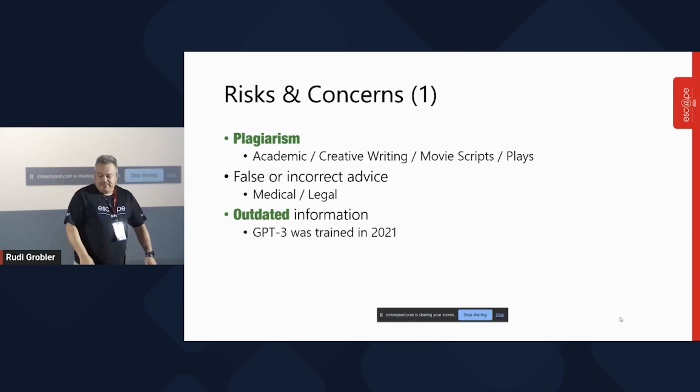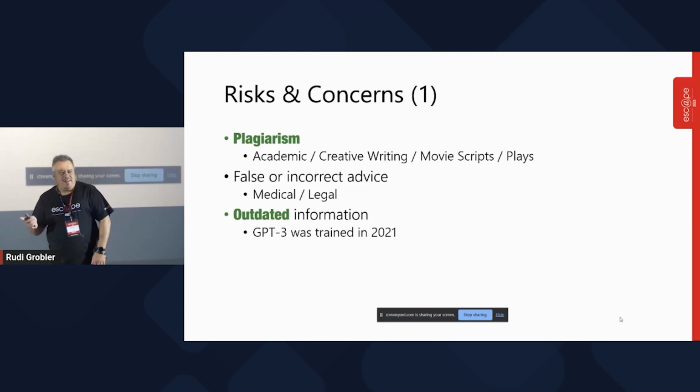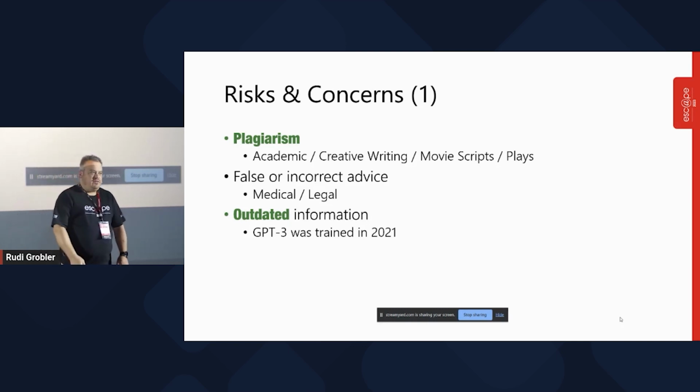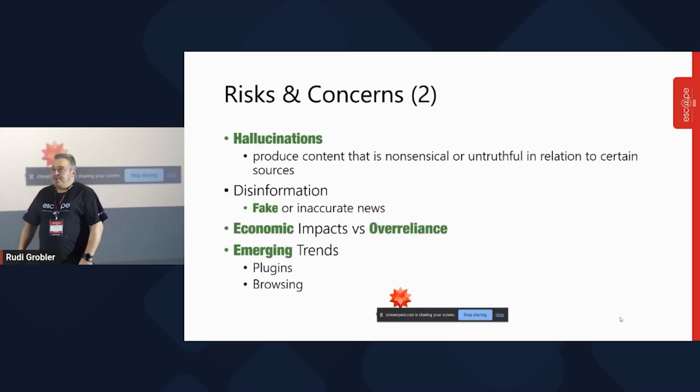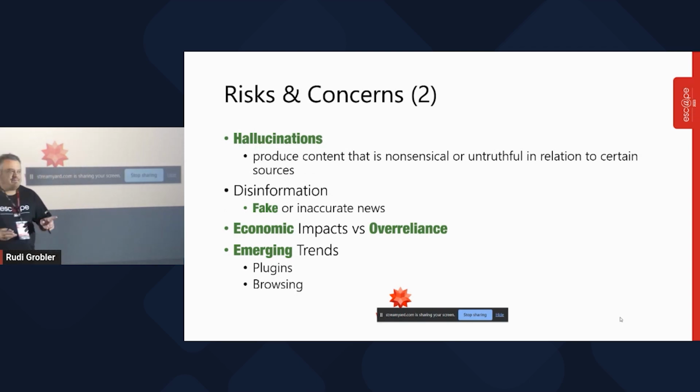As an example, ChatGPT 3 was trained in 2021, 3.5, I think 2022. So it depends on the model that you're using, also how relevant the news is. It is prone to stuff like hallucinations, which is exactly like it sounds. It is trying to fill in the gaps where it doesn't know what the actual answer is for something. Okay, so